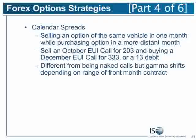Again, when we talk about gamma, remember, the more you go up, the longer you become. The more you go down, the shorter you become. That's if you're long gamma in this particular instance, okay? Now, in this instance right here, it's a little bit different because you actually have an exposure on the market. But if the euro goes from 147 to 151, you can still sell the underlying because your delta is rising